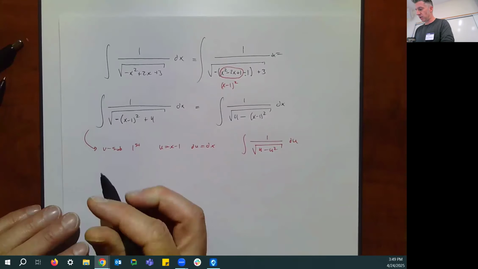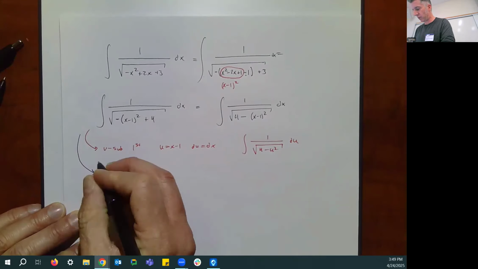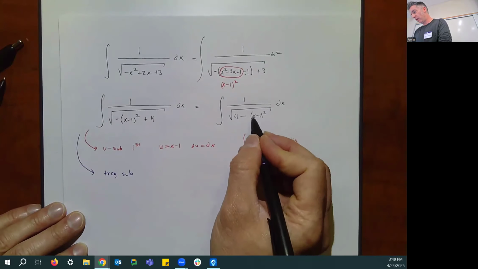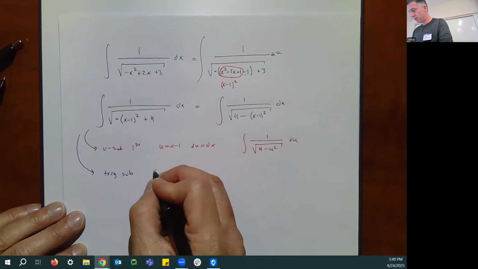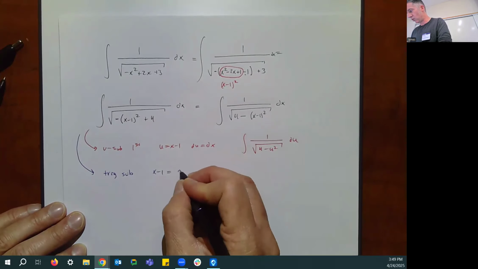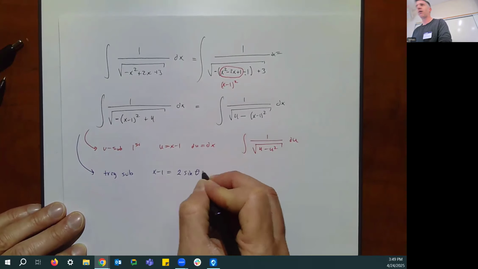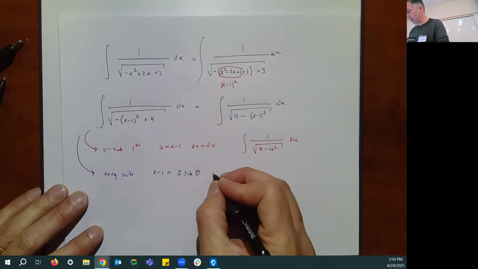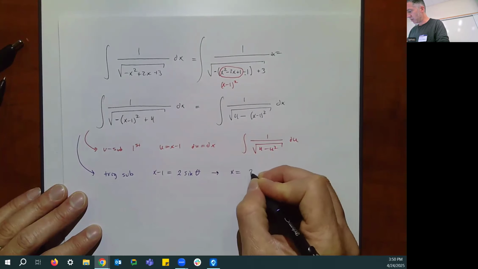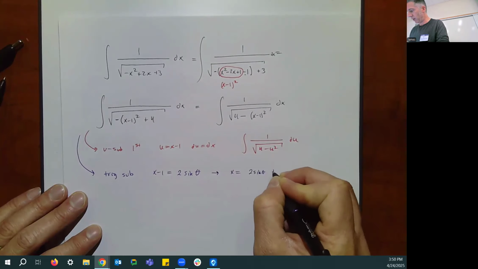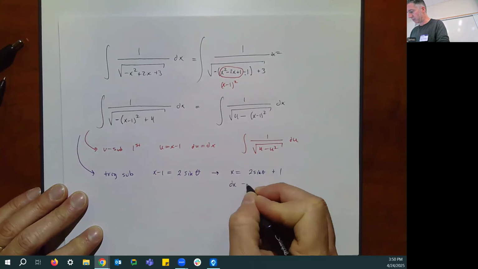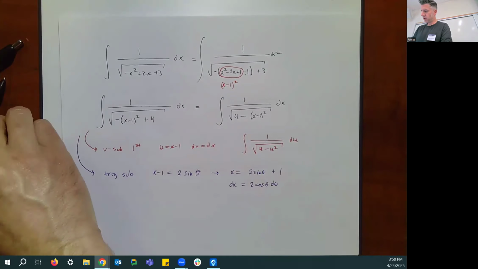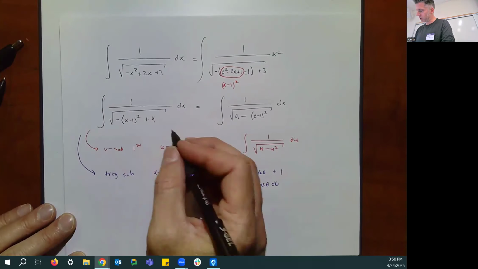Or you could have made this other choice and said, well, I'm just going to make my trig sub right away. And my trig sub is going to be, well, I want this stuff, x minus 1, to equal 2 sine theta. It's kind of weird. But then we can solve for x. X equals 2 sine theta plus 1. Our dx is 2 cosine theta d theta. And then our integral becomes